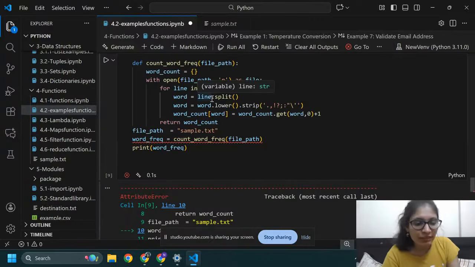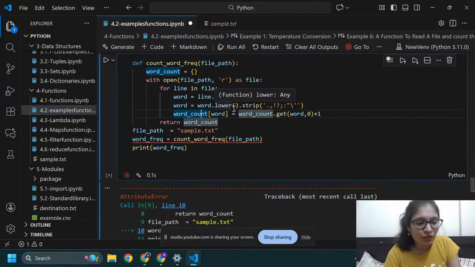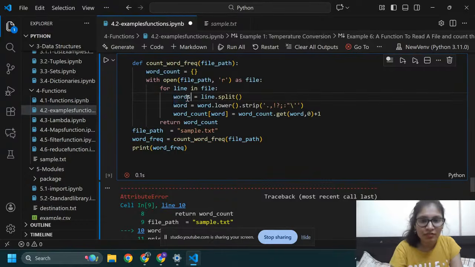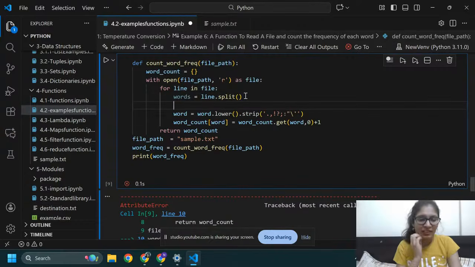Word equals line.split. Oh, for line in file, words. This is words, not word. words = line.split(). Oh, I made a mistake here. Actually, I am going to read words, so that's why I need to apply a for loop here.